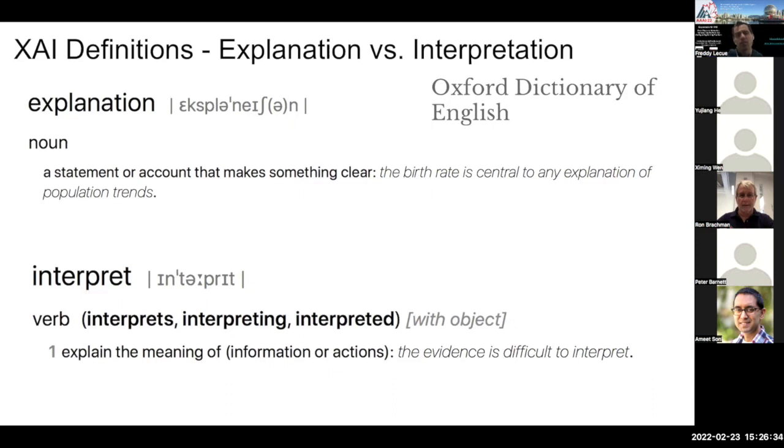And if you look at the dictionary definition, explanation is something that you provide to a person so they can understand it. Interpretation is based on your background, how you will interpret whatever information you get. So if the system provides an explanation, you could provide these explanations differently to convey the same results, because people have different backgrounds and they would interpret differently based on their